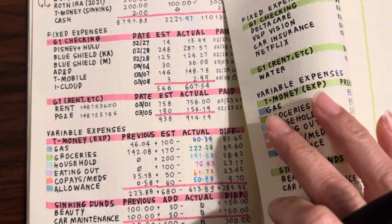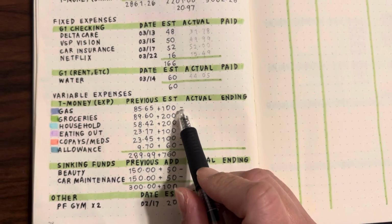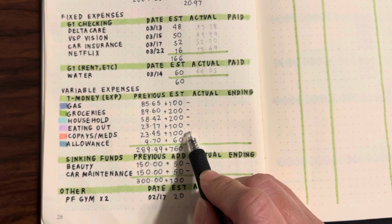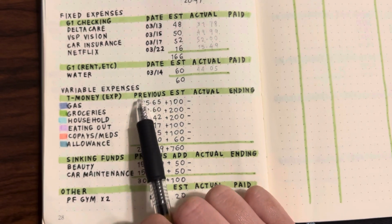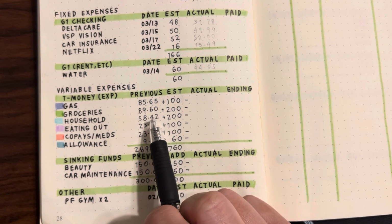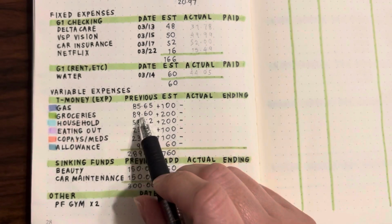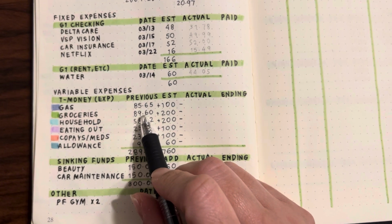Back to my regular amounts that I'm putting in. Still doing 100 for gas, 200 for groceries, 200 for household, 100 for eating out, 100 for copays, and 60 for allowance. I used to not roll over my previous balance, but I started doing that recently because things are increasing in price, and also I have a daughter who's away at college, which is not a new thing, obviously,